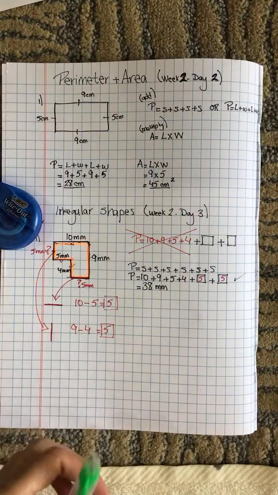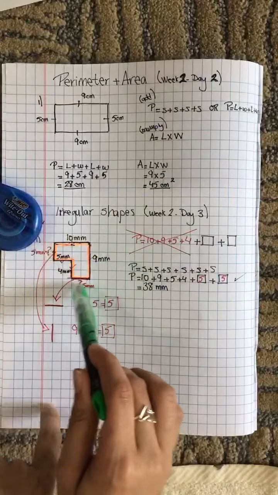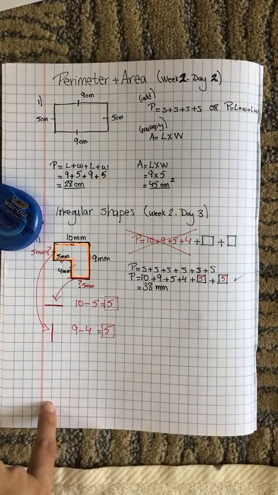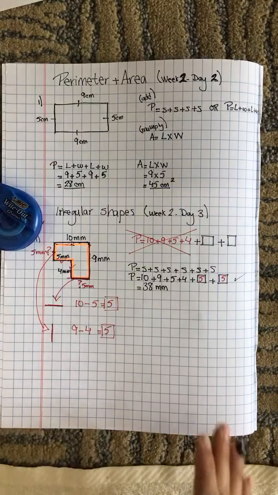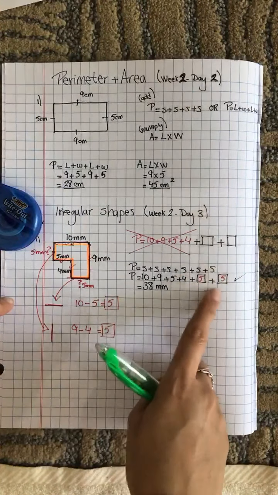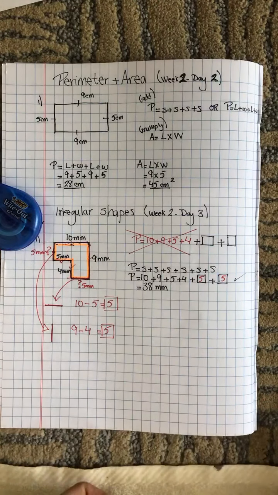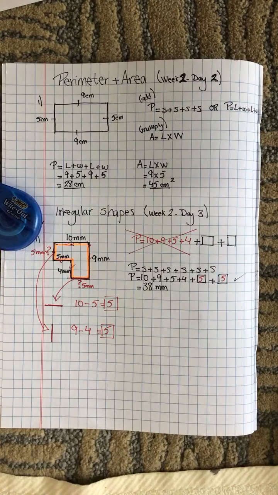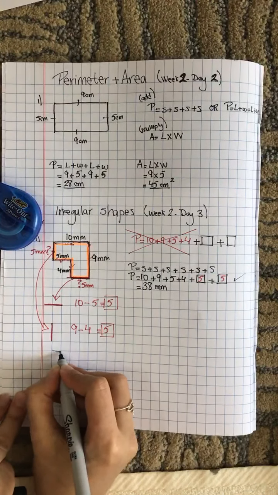Yesterday, just a quick review, for perimeter we found out that we usually have 6 sides and you're missing 2 sides, but for sure you will be missing some sides, 1, 2, maybe 3, but you will always have enough information to find the missing information. So that's how we did it. Today, I'm going to draw the shape again so there's not so much going on. I'll draw the same shape,